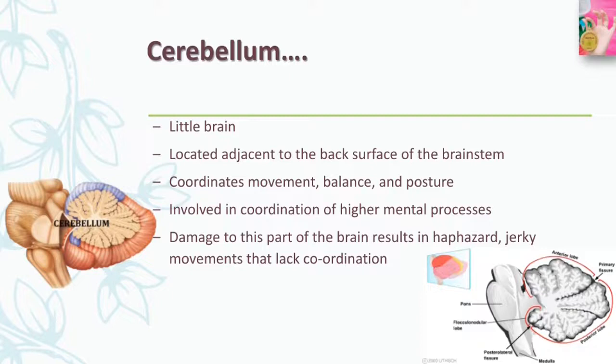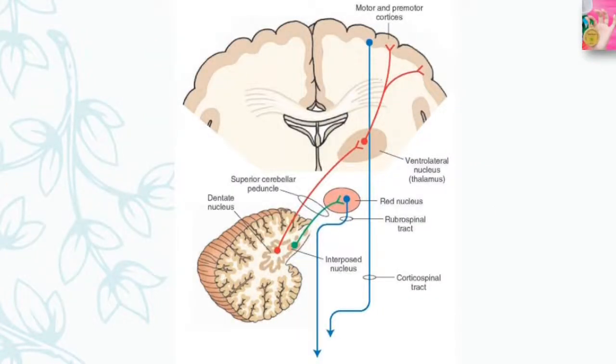Damage to this part of the brain results in haphazard, jerky movements and a lack of coordination, and it appears as though the cerebellum is also involved in the coordination of higher mental functions. Although the actual commands for muscle movement come from higher brain centers, the cerebellum plays a key role in the execution of these commands, and it is your cerebellum that allows you to hold your hand out to the side